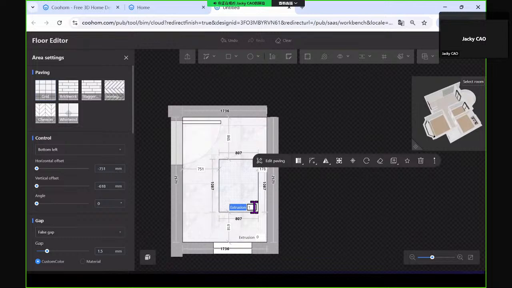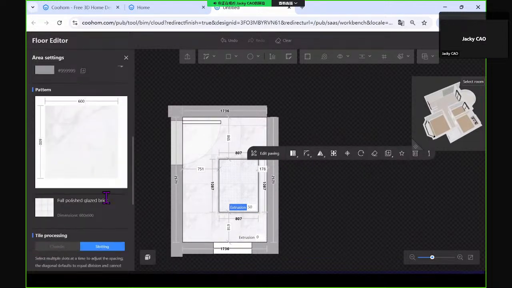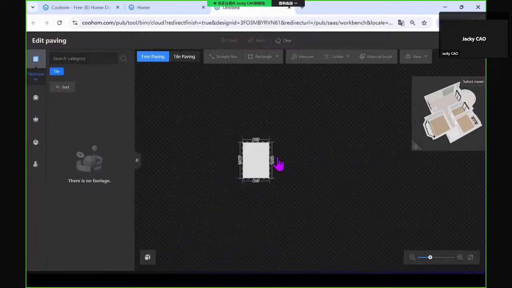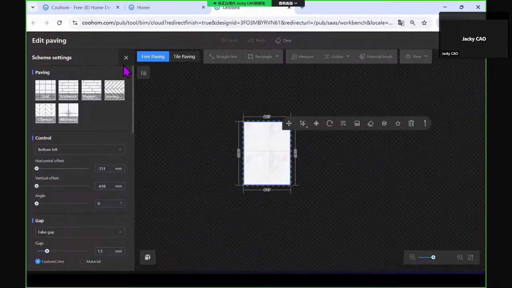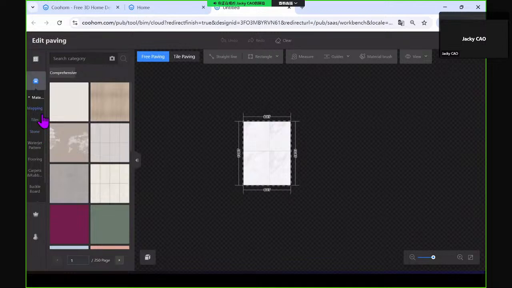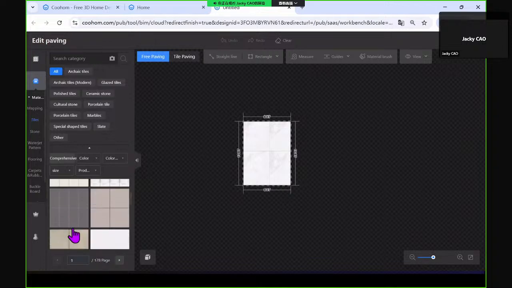Set this basic extrusion, and then when you turn to that paving, let's say we use the enterprise, the public library. Yeah, for the tiles, when you put that